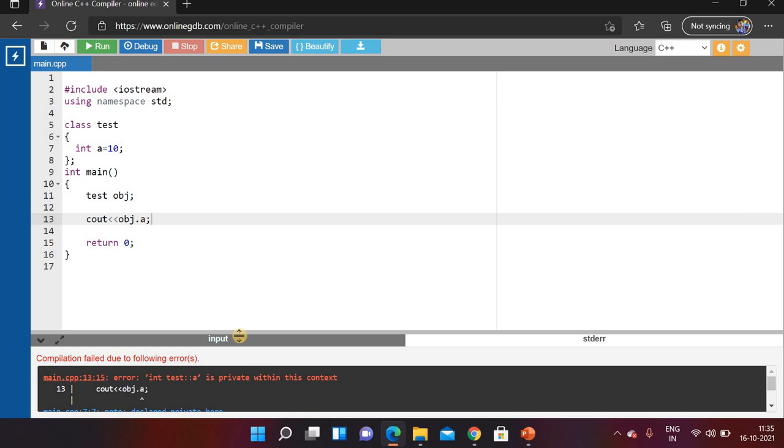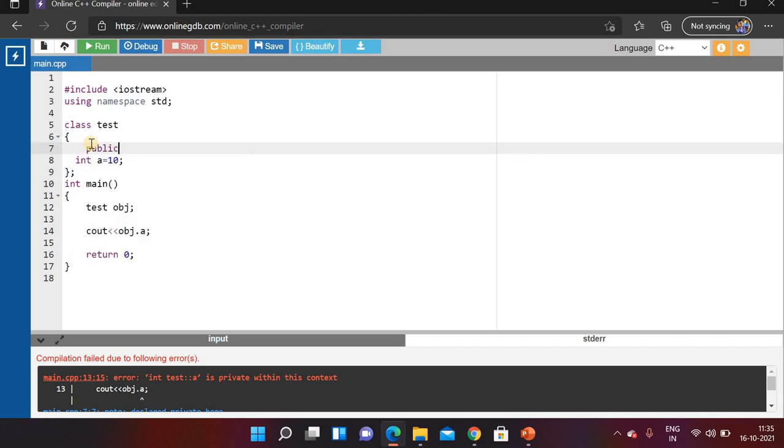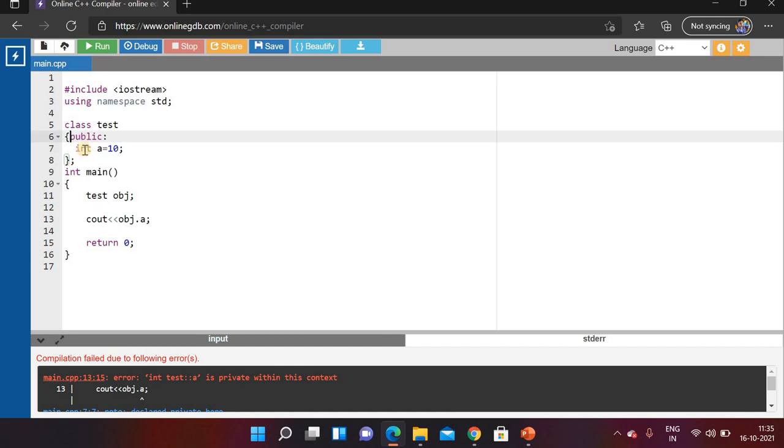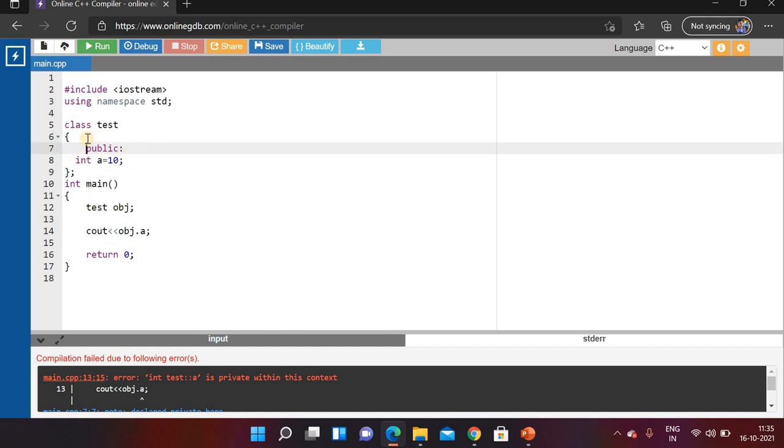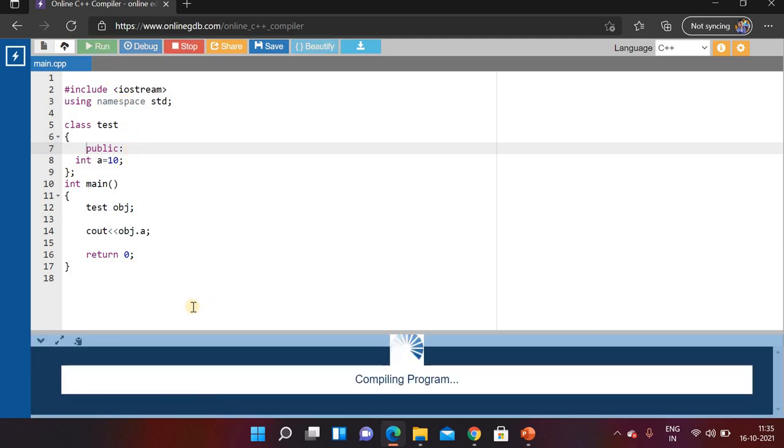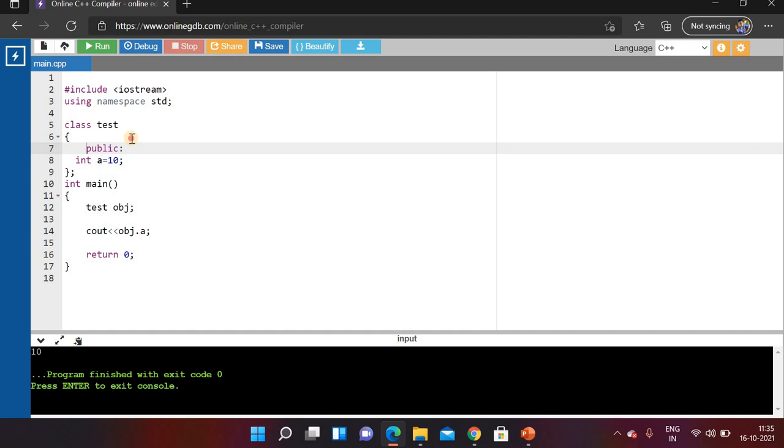If we want to access a private member of the class, we have two options. First, we can make a a public member, or we can leave it private and access that member using a friend function. If I specify a as public here, we can access it, because public members are accessible outside the class and available for everyone. So now the output is 10.